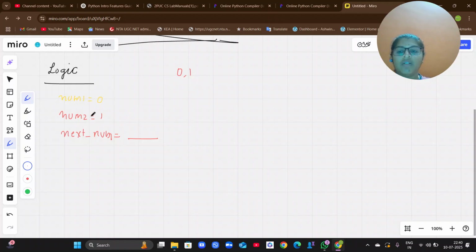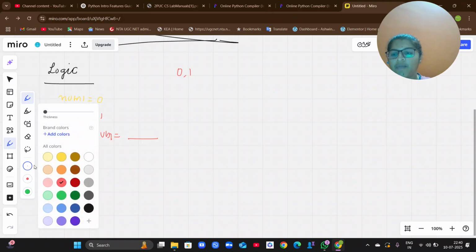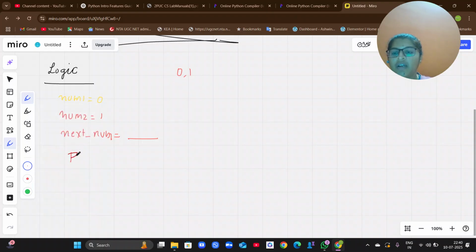So these two numbers have to be printed now. So when you want to print this number, you have to write a printing statement, right? So you are going to print, print num1, okay, comma, space, okay, comma, num2.